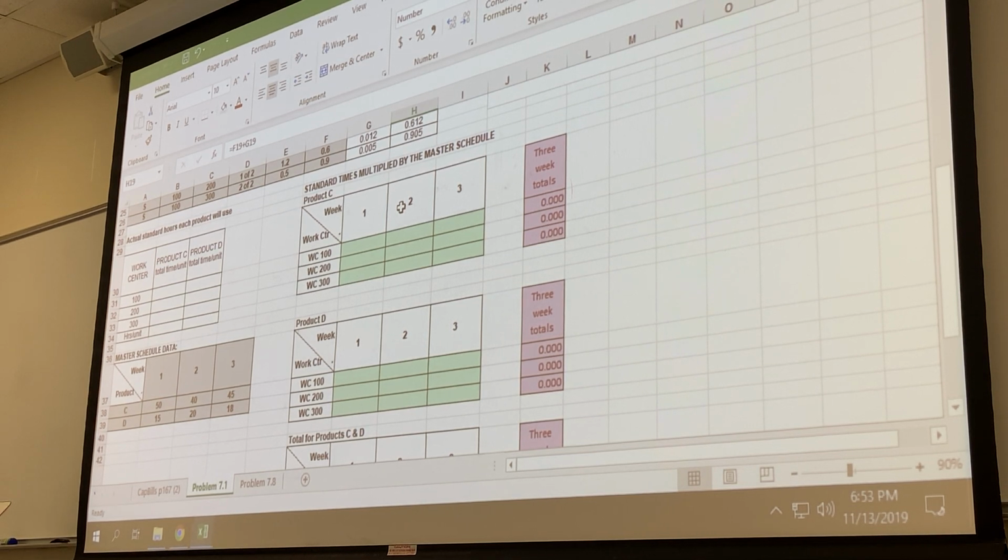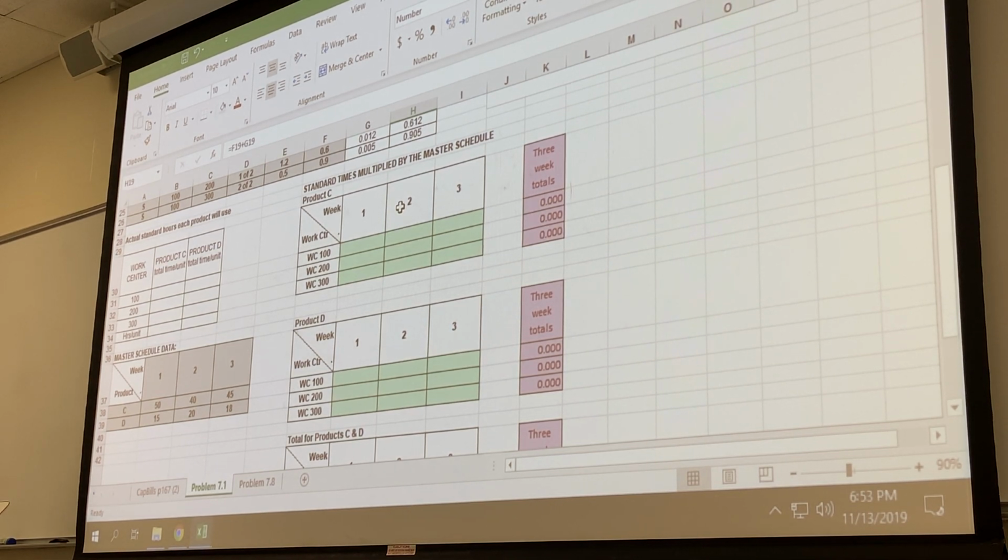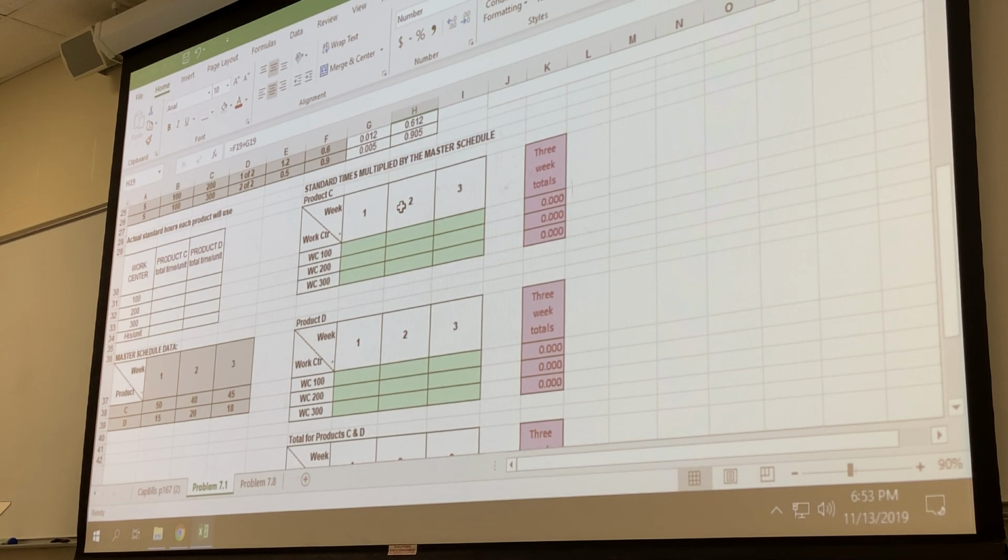I don't quite understand. It's asking us to set up capacity bills, which I'm guessing is all this work here. And it says determine the capacity needed per work center to run the following master schedule. Is the capacity needed per work center, is that the WC 100 and just your average? Yeah, work centers, so these are three